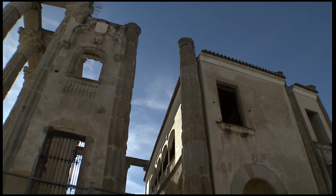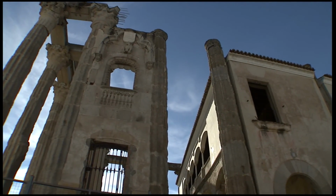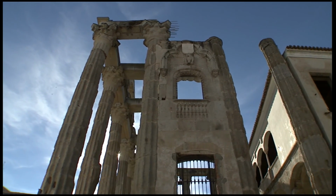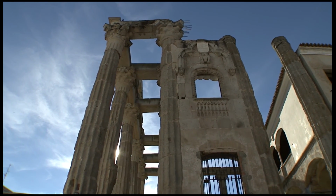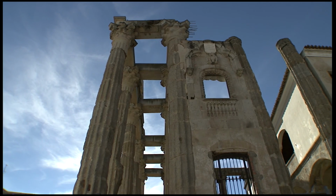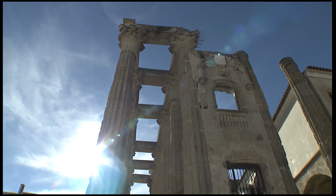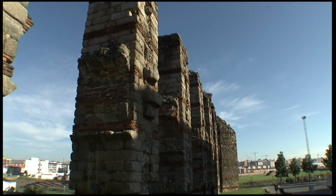Using imagination as transport back to Roman times is the great attraction and joy of cities like Mérida. A couple of blocks away, a 17th century house builder unwittingly helped preserve the Temple of Diana. He used the temple's columns for...